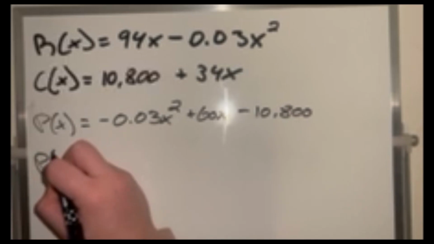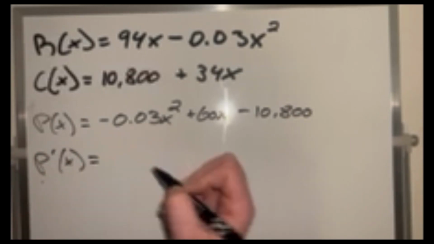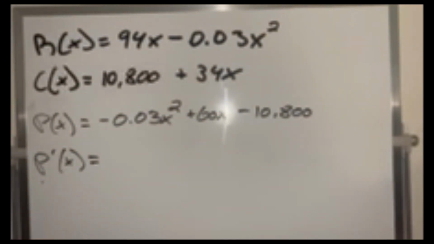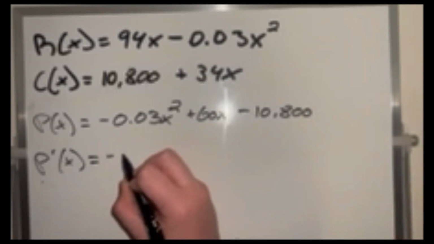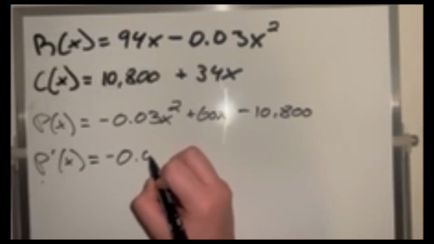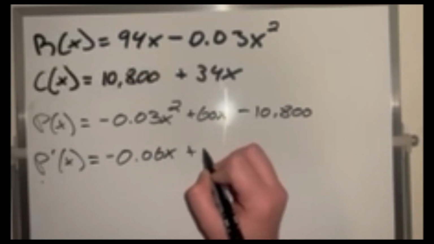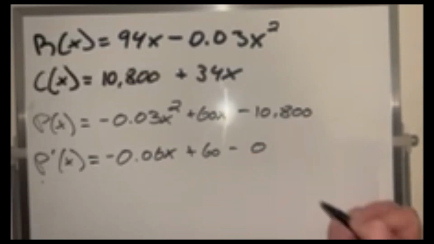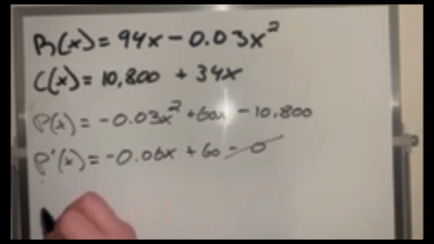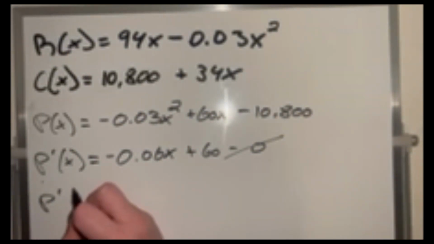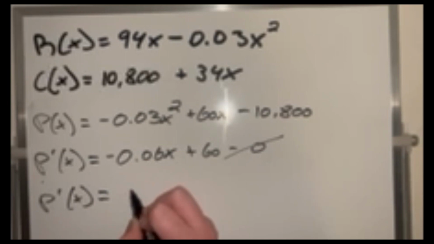Now that you have your profit function, you are told to find the marginal profit function, which can be demonstrated by P prime of x. To find your marginal profit function, you'll take the derivative of your profit function. Once doing so, you'll get negative 0.06x plus 60 minus 0. Of course, that does not count,